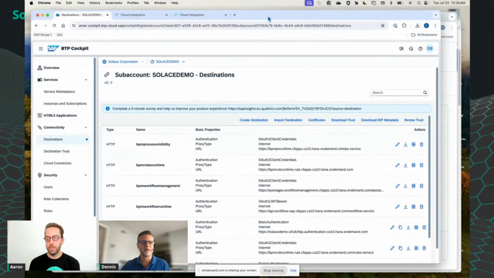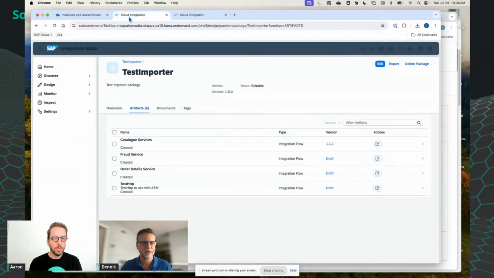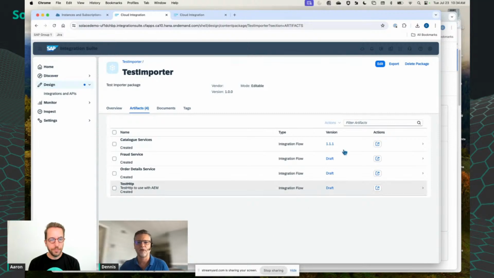Now we are in SAP. We are in the SAP Integration Suite. This is not where I want to be. Here we go. In here, there are these integrations and APIs, and then I have a little workspace called Test Importer. And what I'm going to do is hit Edit on this, and